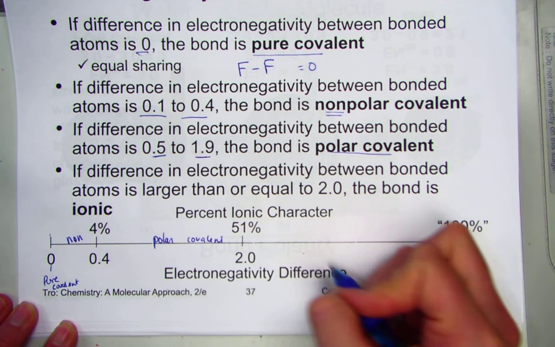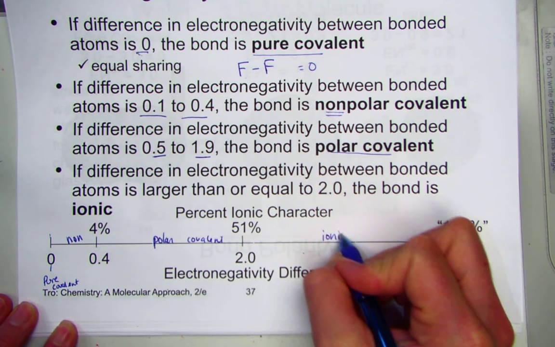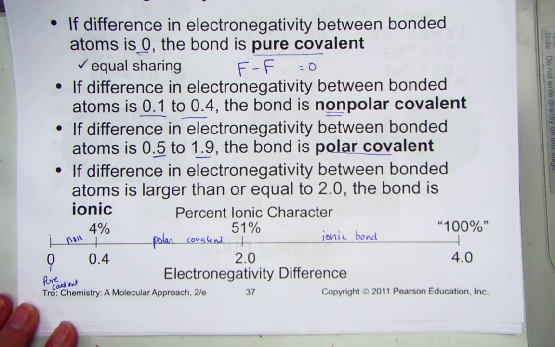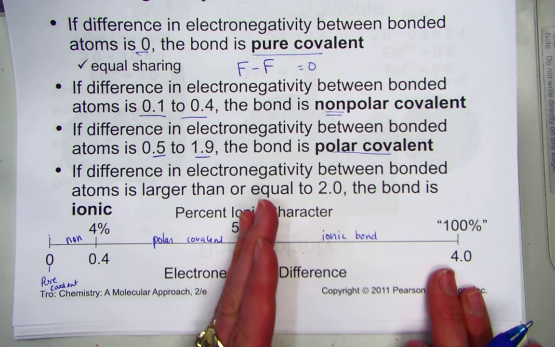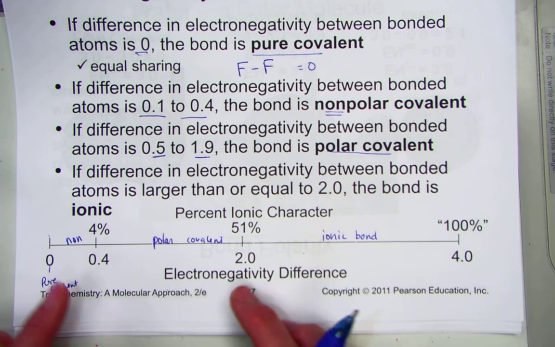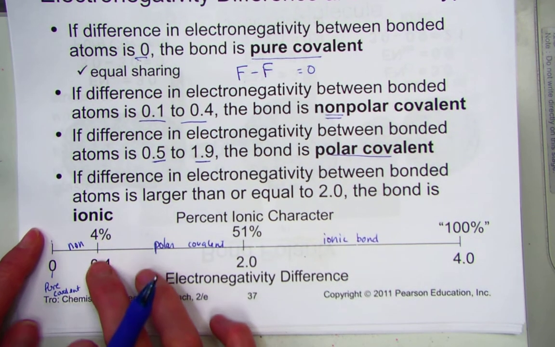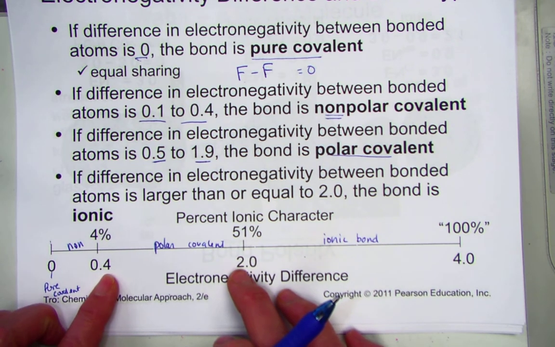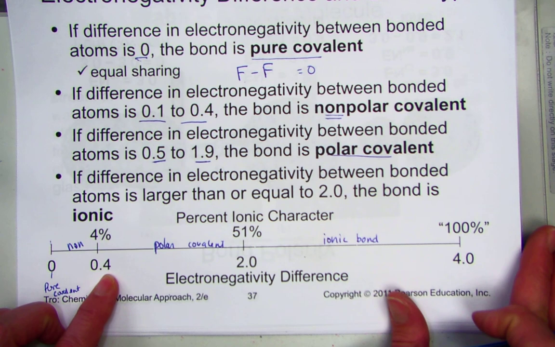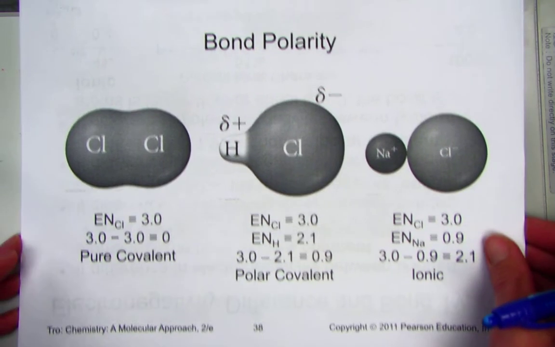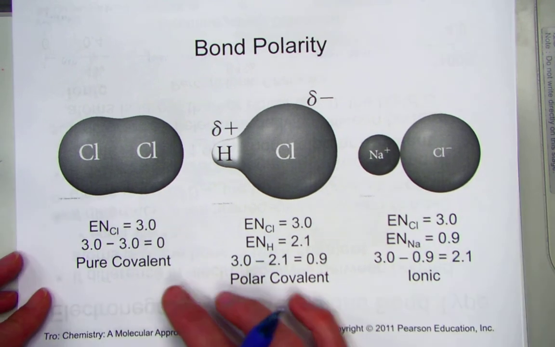And anything larger than that would be known as a complete ionic transfer, known as ionic bond. A nice difference here is 2.0 is the cutoff between covalent and ionic, knowing that we have a nonpolar bond when those numbers are very close to 0, polar covalent from 0.4 up to 2.0. And to find these, it's as simple as subtracting from our chart. If we'd like to know